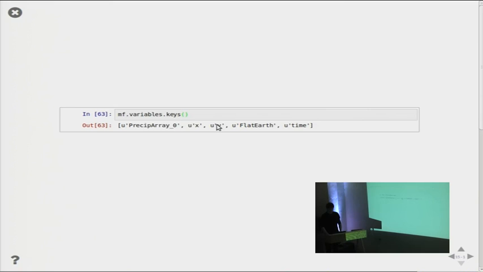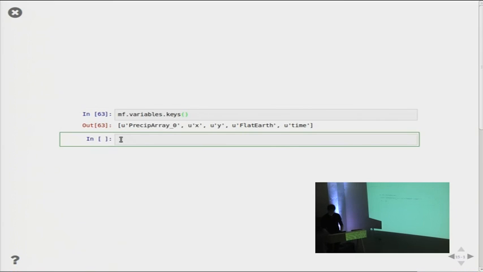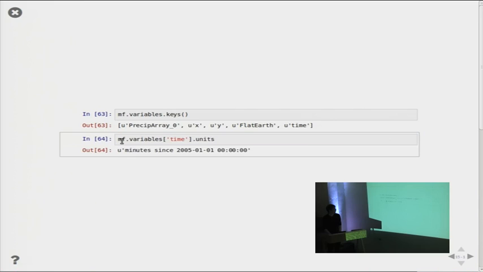So let's look at the time variable. For example, what are the units? I made those up. It starts at 2005-11. The point I want to make is,